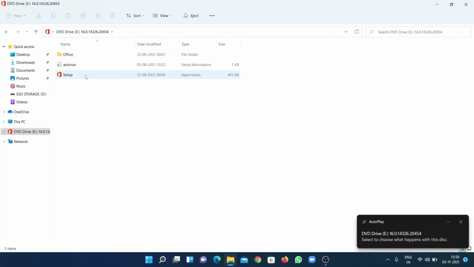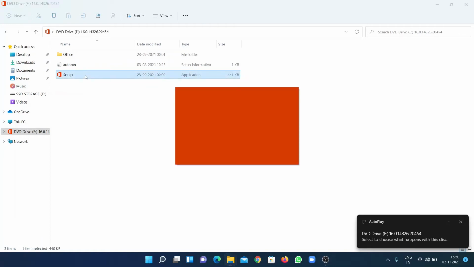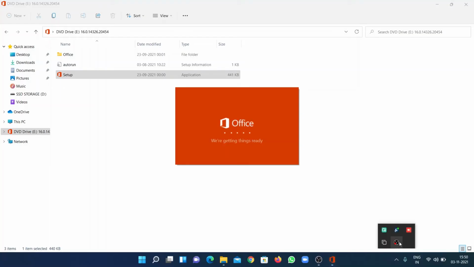Then I'll double click on the setup file, which is the application. The installation has started. The application is starting, and the installation will start in a few moments.